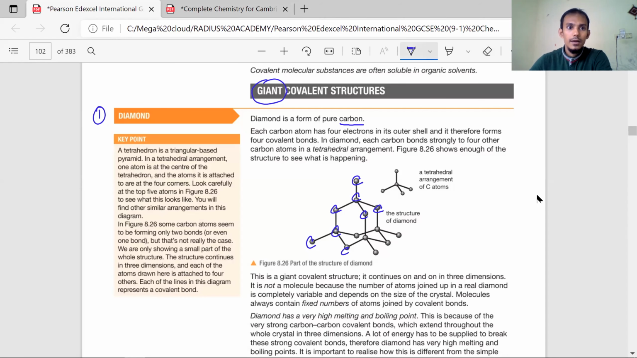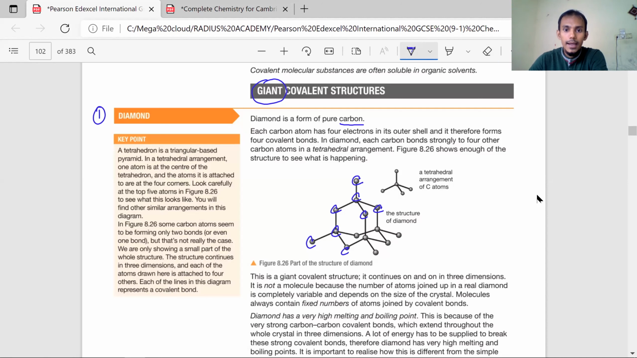So giant covalent structures we have started. So first thing we will start is giant covalent. So in giant covalent we will see some examples. Number 1, diamond we have started, and diamond is only made of carbon and it is a form of pure